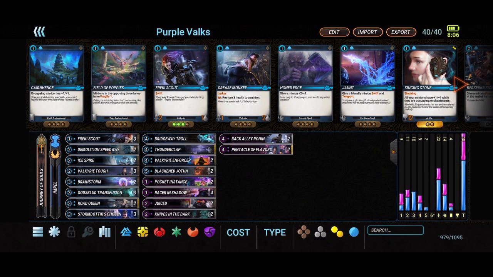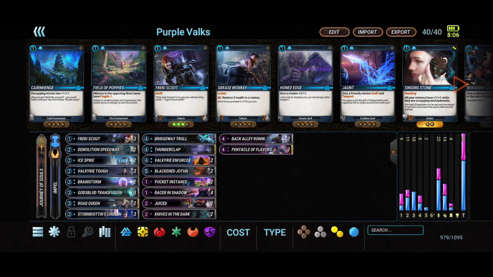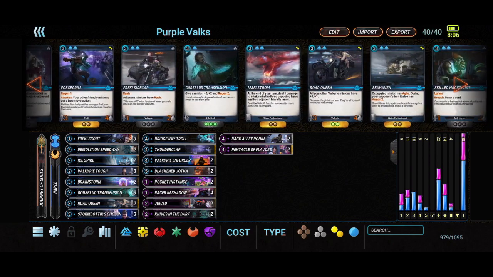Alright, so here we have our original Purple Valkyries deck. It's just a pretty standard tempo, mid-range style deck where you flood the board with Valkyries, if you recall, and then you have a little bit of late game in the Black and Jotun and some buffed Back Alley Ronins to seal the deal. But with the upgrades we're looking at, we're going to be looking at the major blue